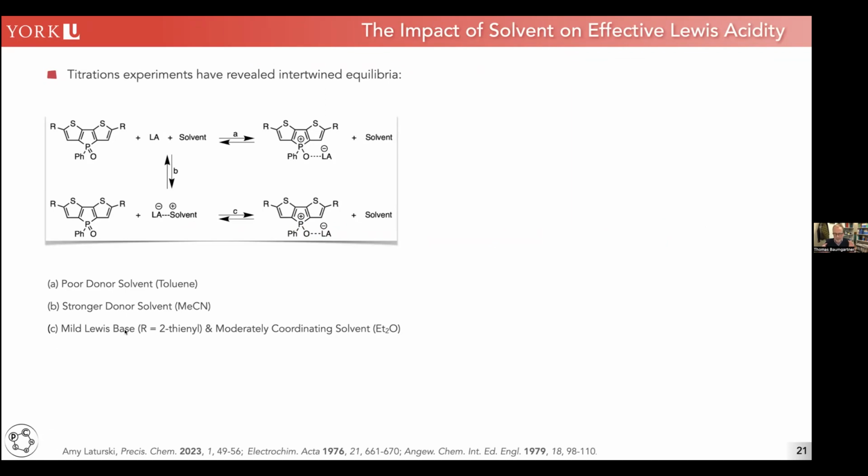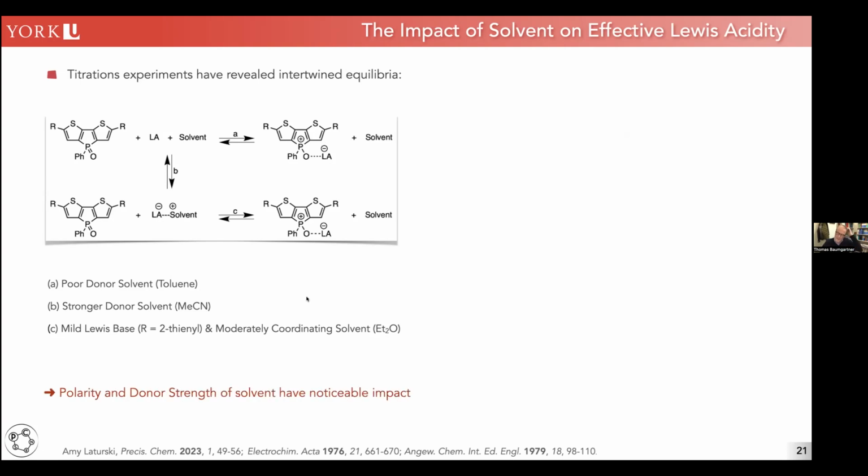But if you get the conditions just right, with the right base and a solvent like diethyl ether in this case, we were actually seeing two equilibria happening. So we were able to see this equilibrium and that equilibrium, because this one is not 0 or 100% as before. There's a certain portion, let's call it 50-50 for all intents and purposes. So you can see 50% of this is happening and 50% of that is happening. So the solvent does actually play a role here.